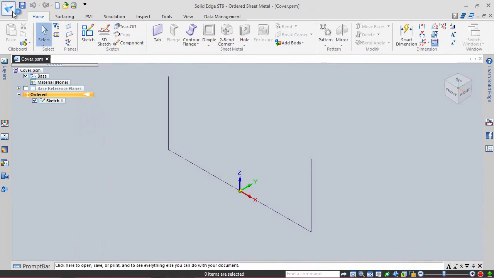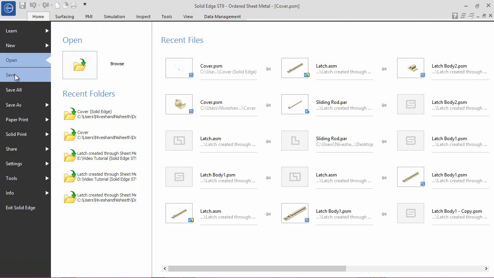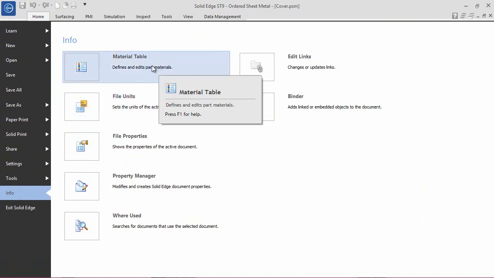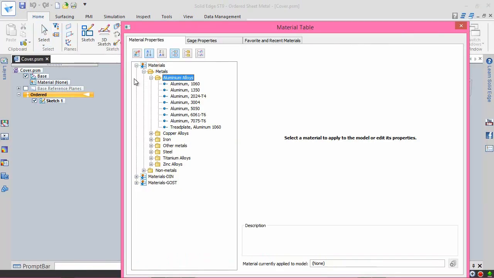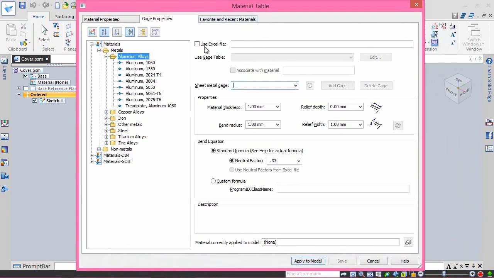Click the Application button, then the Info tab. Here click Material tab. Switch to Gauge Properties. Specify 3 mm material thickness.